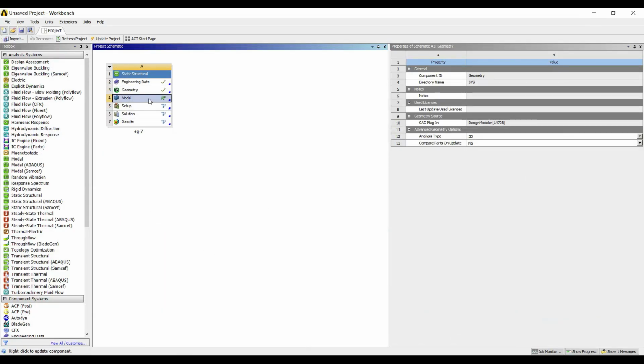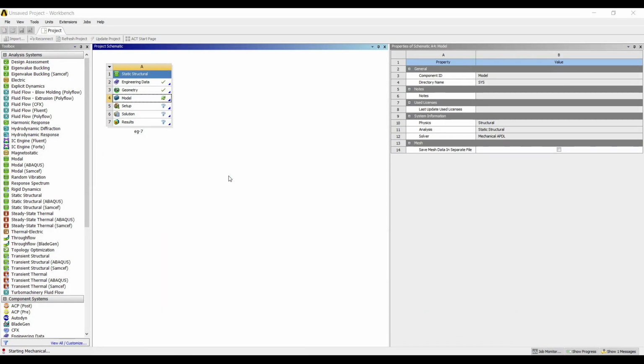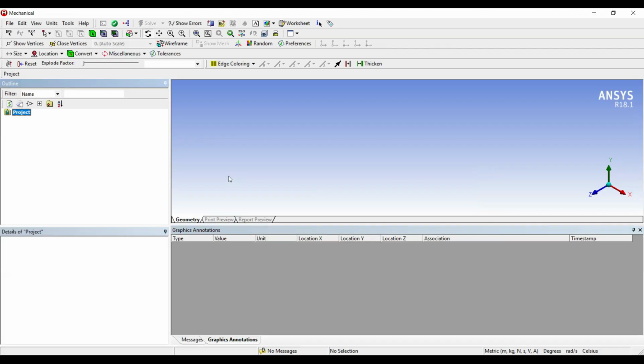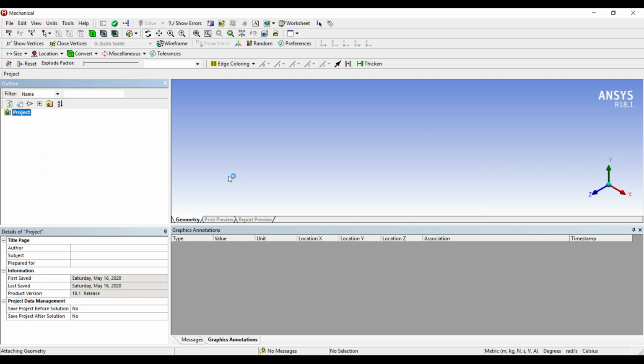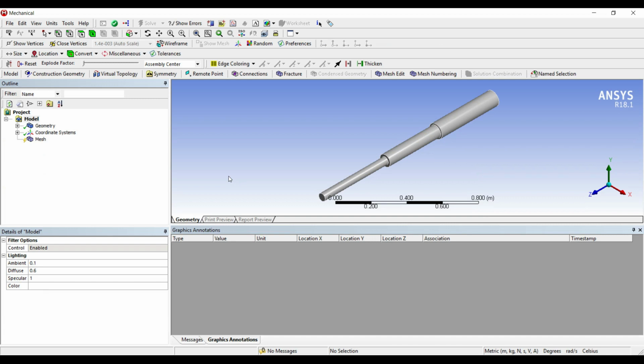I'll double click on model. This is the screen of model.